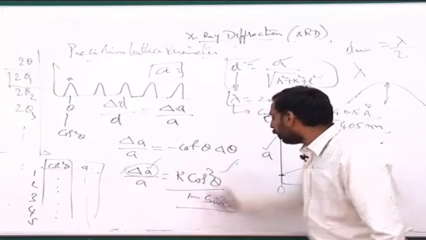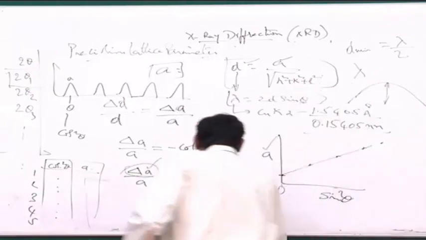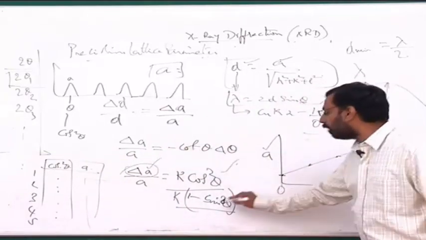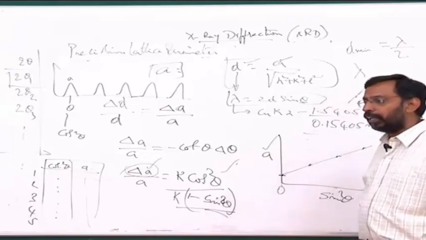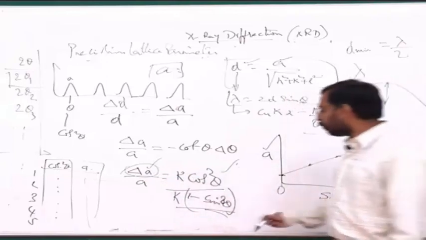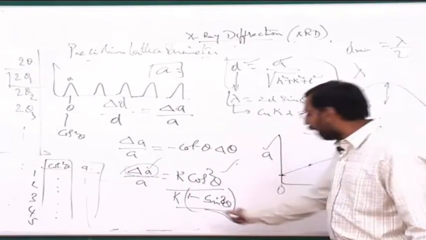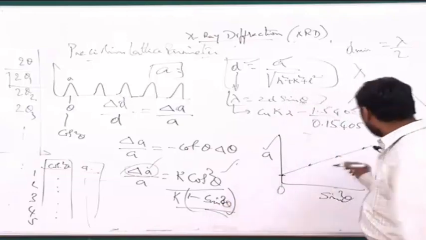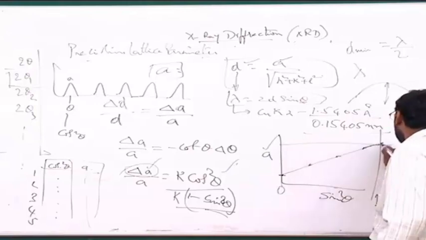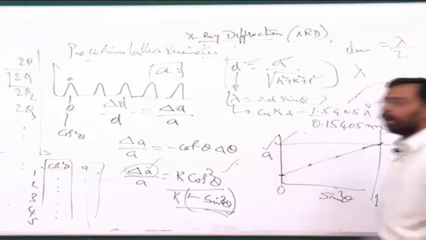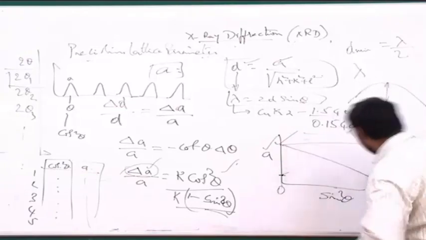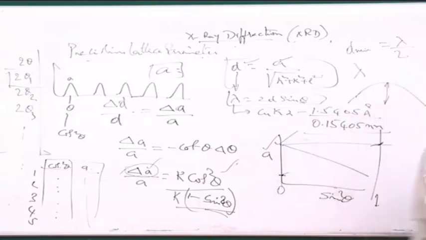So simply you replace this as k into 1 minus sin square theta, plot it against sin square theta, and take the value where sin square theta is 1. Okay, wherever sin square theta is 1, this delta A is 0. So instead of treating cos square theta as 0, I will take sin square theta as 1 and extrapolate up to sin square theta as 1. And wherever this is extrapolated, that value of A, I read it out as the lattice parameter. Of course, the only difference is, in this case, the lattice parameter may be decreasing like this rather than increasing, as I told you earlier.